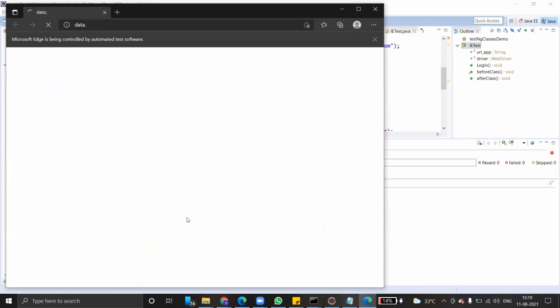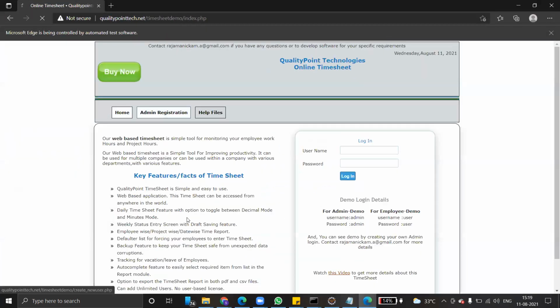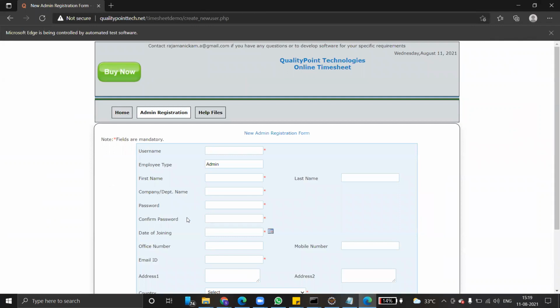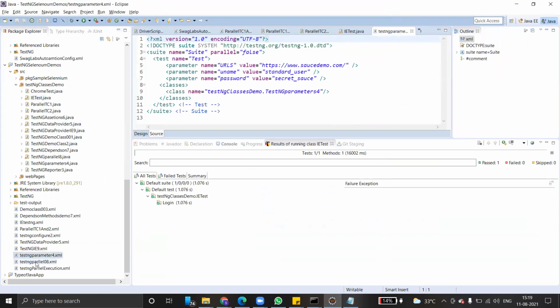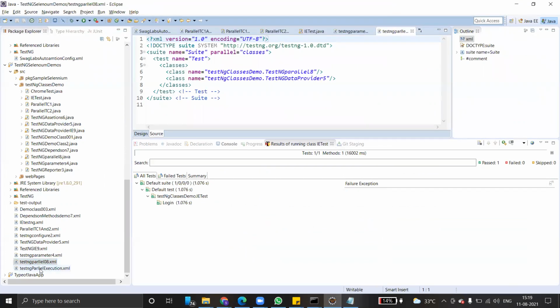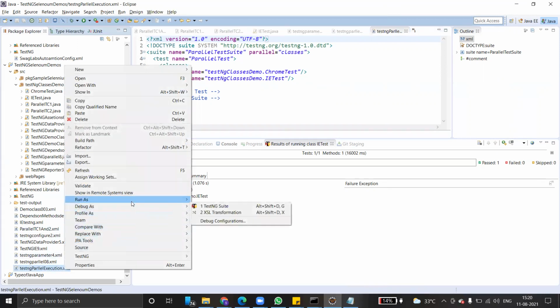Yeah, this is the Edge browser, just launching the application. It enters username and then password and clicks the submit button and so on. That's it, very fast, quickly done. So I want to launch both the browsers and execute test cases. How is that possible? Very simple. You just take two test cases and execute both in two different browsers. Here you can see I have added two classes and the attribute is parallel equal to classes. That's all. Now just imagine the two browsers will open and execute.